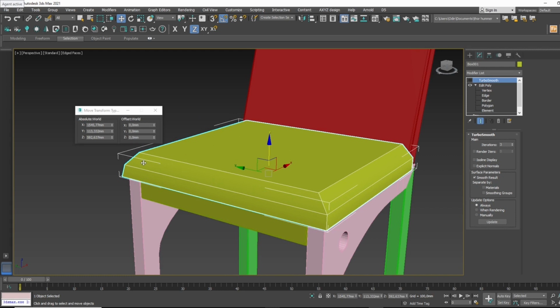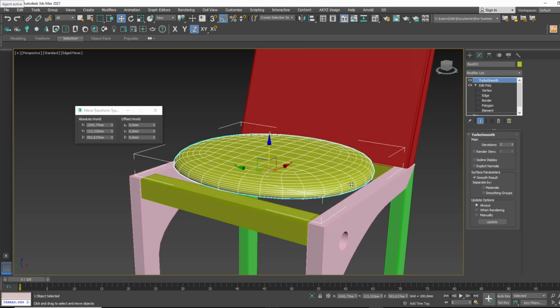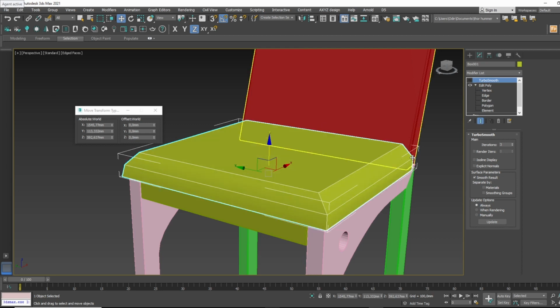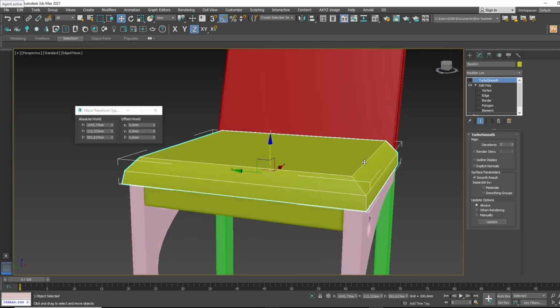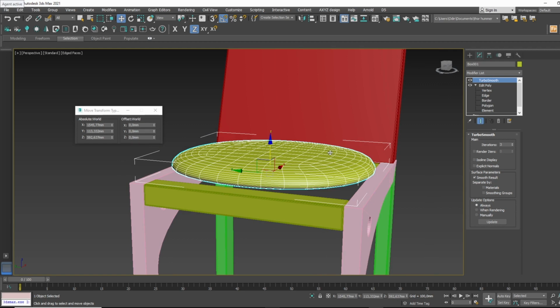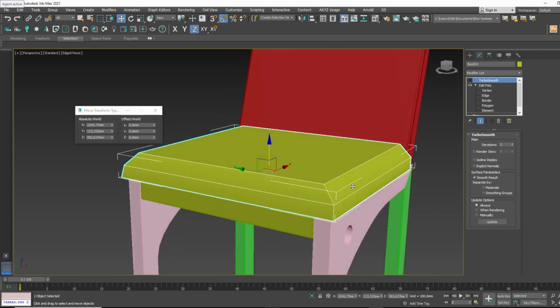3 edges. So you try to smooth this edge, but starting from this and ending to this. So that's why it's going to be a circle like this, because it starts smoothing from here to here. The same for this. It starts to smooth from here to here. The same from all the sides. It starts to smooth from here to here. That's why it's a circle here again. Okay? To avoid this,